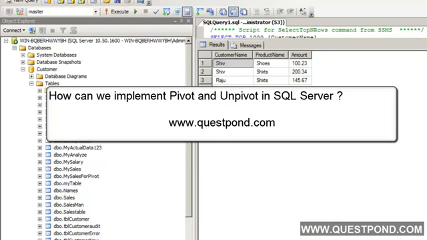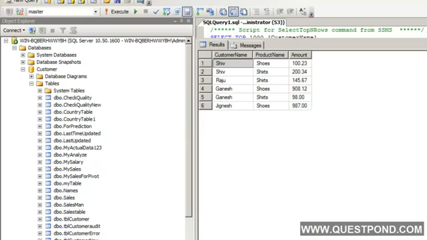In this video, we'll try to understand how we can implement pivot and unpivot in SQL Server. Before we go ahead and try to implement pivot in SQL Server, first let's try to understand what exactly a pivot means. In order to understand the pivot function,